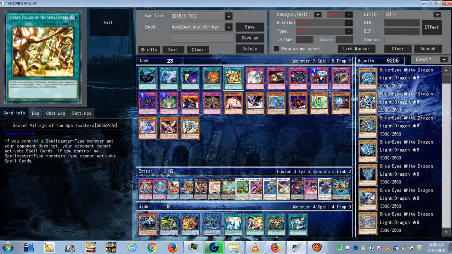And then we have Secret Village of the Spellcasters. If you're playing a Spellcaster deck, why wouldn't you be playing this, right? Or at least as a side deck card. But it definitely should be a main deck card, right? Gives you control, gives you advantage. Why wouldn't you play this in a Spellcaster deck, right? This will prevent your opponent from playing spell cards as long as you control a Spellcaster. So it definitely will hurt the